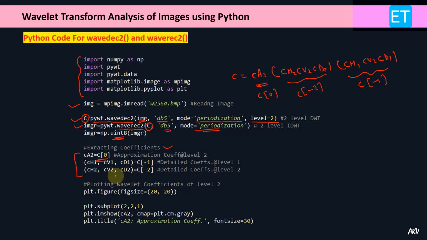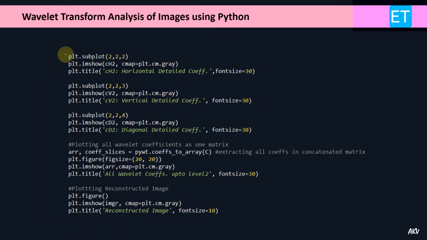Okay, so you can take out all these coefficient matrices, and I'm plotting all the coefficient matrices at level 2. I'm plotting all these 4. So let's see what the plotting commands are. The output figure size is 20 by 20, and I'm using subplot. First I'm plotting the approximation coefficient at level 2, CA2, with the color map of type gray. And then I'm plotting the horizontal coefficients, then the vertical coefficients, and then the diagonal detail coefficients at level